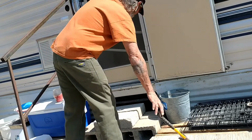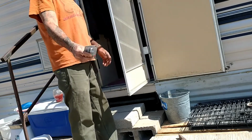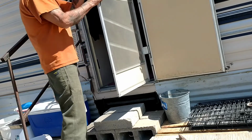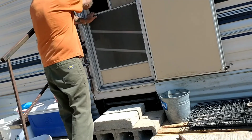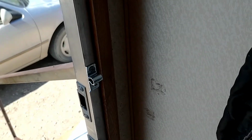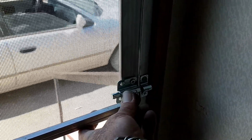That looks pretty good right there. Simple fix. Now I can put this little deadbolt latch, this window bolt, on the inside right here. That's from the inside, but I've got to put it right here somewhere, so you can reach in and get it with your hand. Okay, this ain't the perfect fix, alright, but